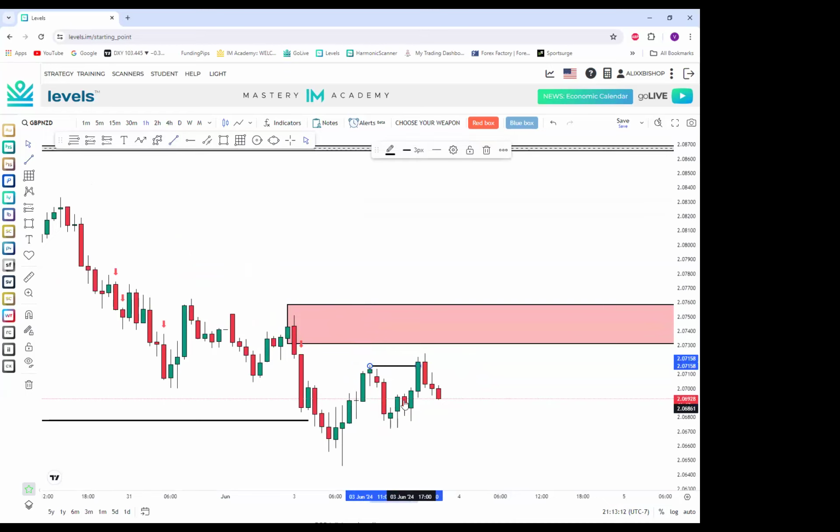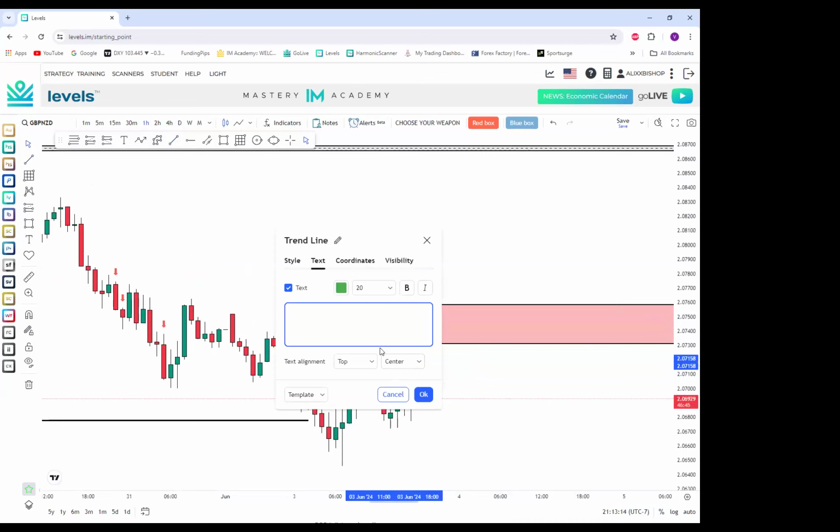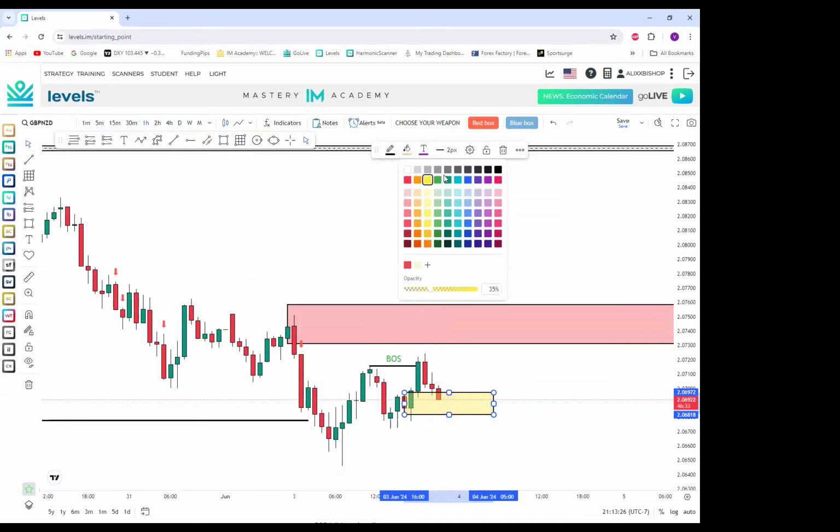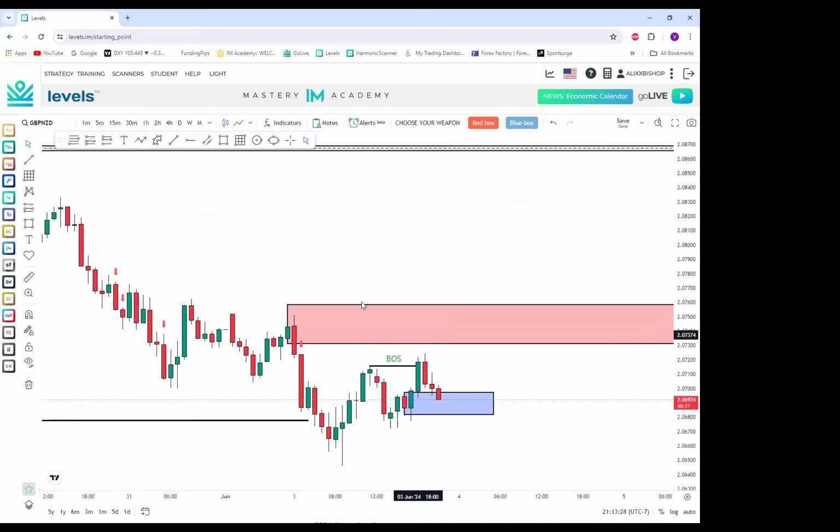Guys, do we have a breakout rally? Yes, it's a 2-candle breakout rally. BOS to the upside. Now look, where is my starting point? My starting point right now is this. That's my starting point. So the market can easily continue to buy here and go higher into this sell zone,